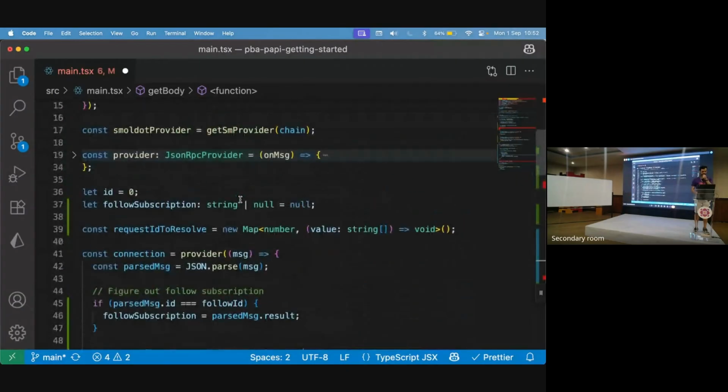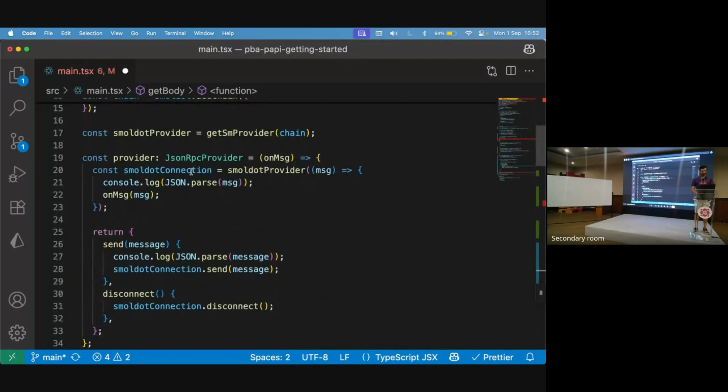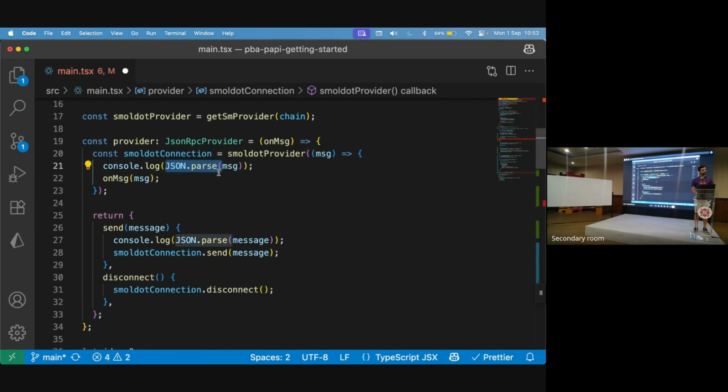I'll change my console log provider so that it doesn't parse the message anymore, because now, or maybe I can do,